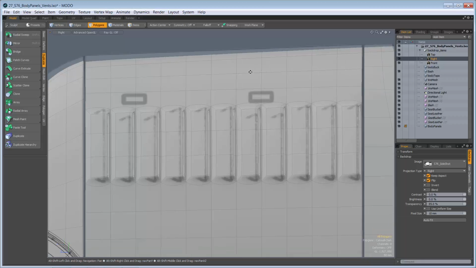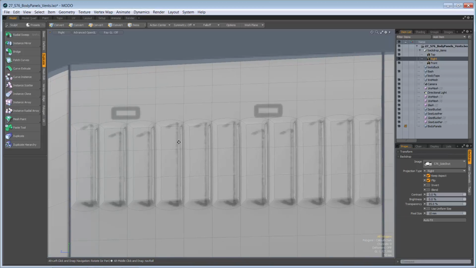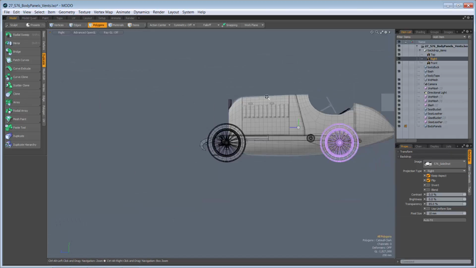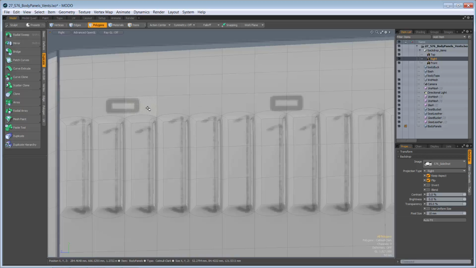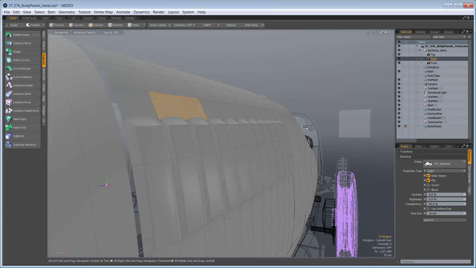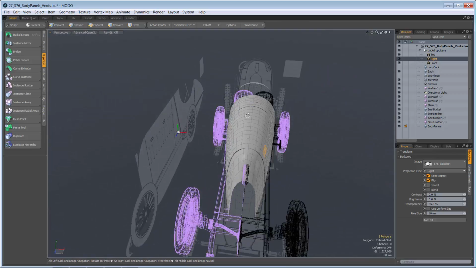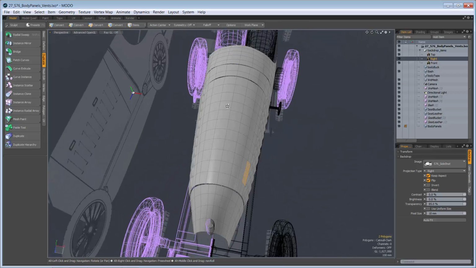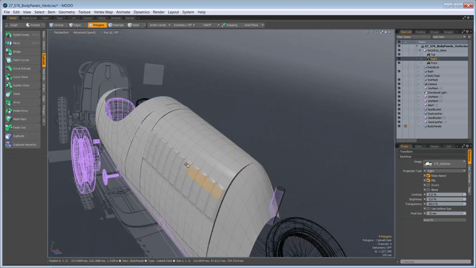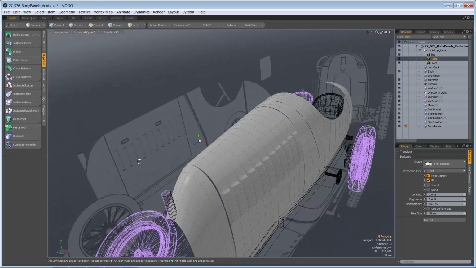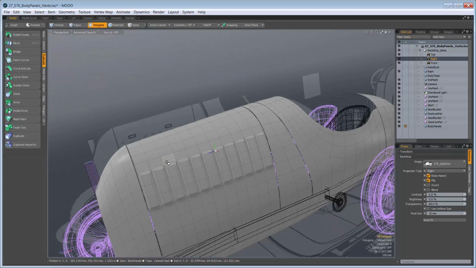Things are coming together really nicely. There's one other little detail we need to do on this hood before we start jumping into getting more detail elsewhere, and that is to get the exhaust vents on the left side of the car, and they're not visible on both sides. So I've gone ahead and mirrored this across, so we have both sides of our vents already here, and that way this side can stay unadulterated as it is, and this other side is where we're going to add those